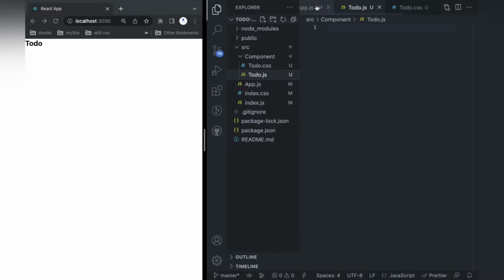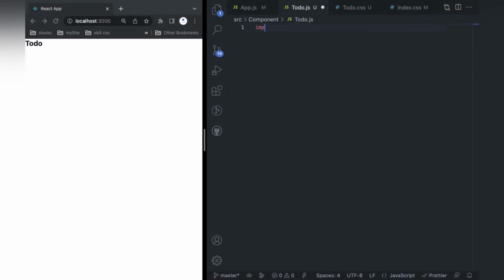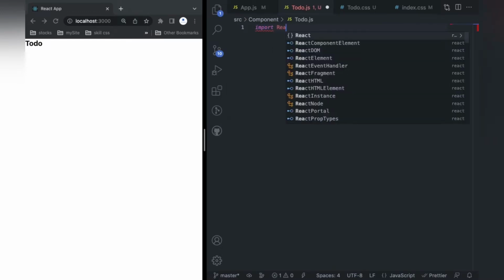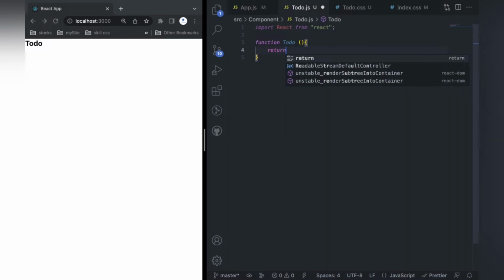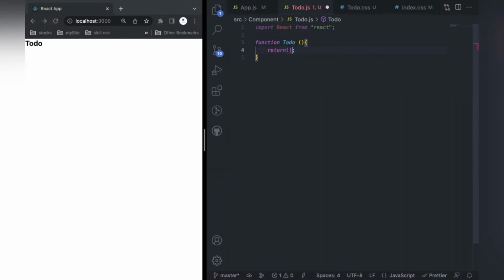And in the todo.js I will write import React from react. This is a very necessary thing, you have to import React in every file. And now I will create a function. Basically this function is the component, so I will give it the name Todo, and inside that I will return a statement. Inside that parenthesis I will write the return, like HTML, all the HTML things will be